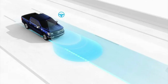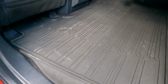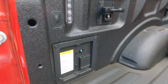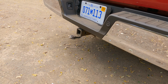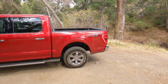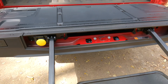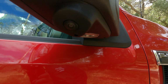Ford Copilot 360 2.0 for $655, power sliding rear window for $350, all-weather rubber carpet mats for $200, Pro Power on board for $750, interior work surface for $165, we'll come back to that one, trailer tow package for $1,090, FX4 off-road package for $1,005, the B&O sound system for $610, tailgate step for $430, 360-degree camera package for $795,